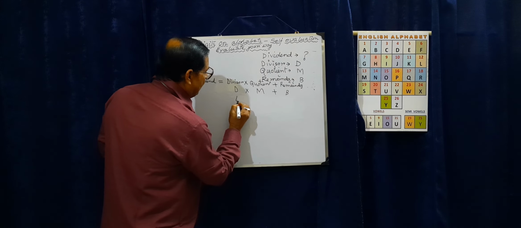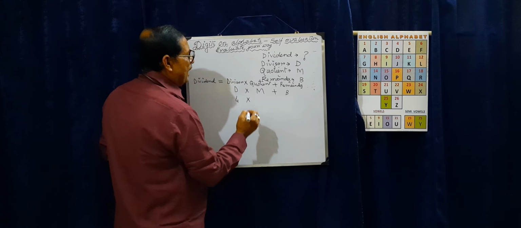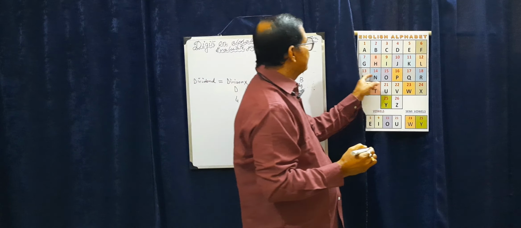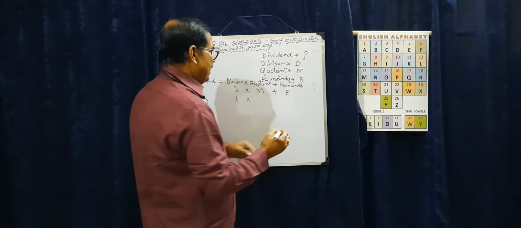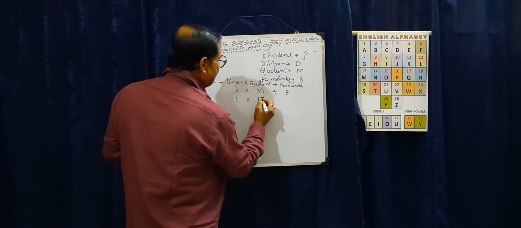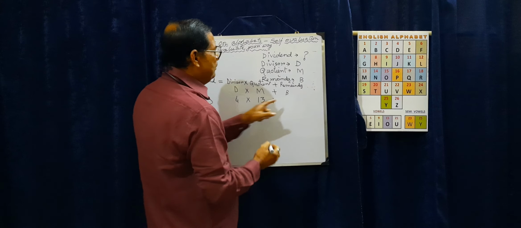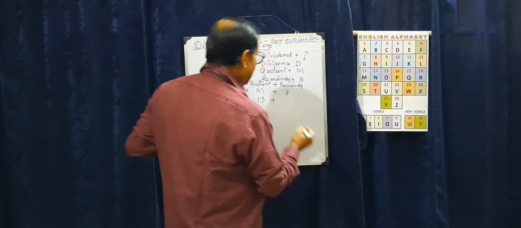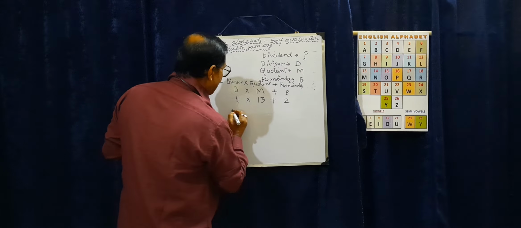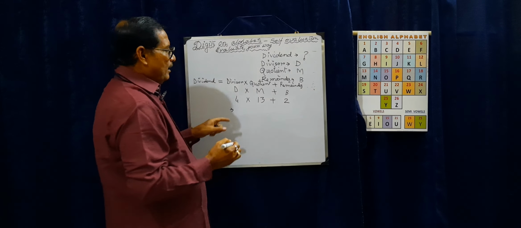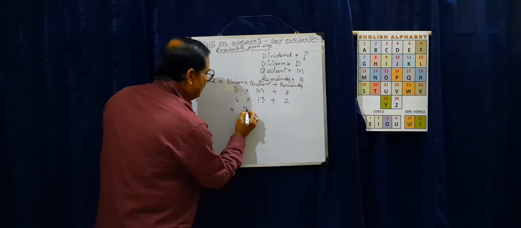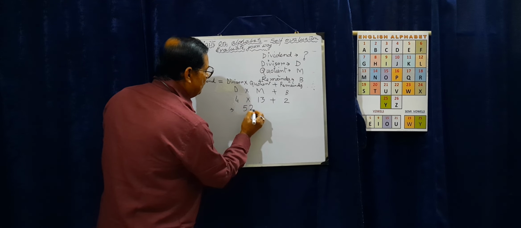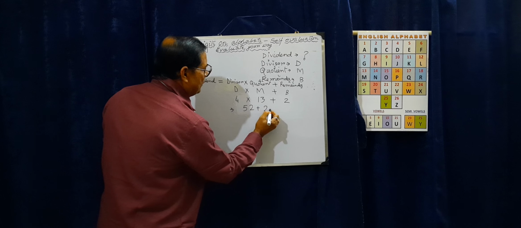D representing 4, M representing 13, plus B representing 2. Then we got it, 13 fours are 52 plus 2, it is